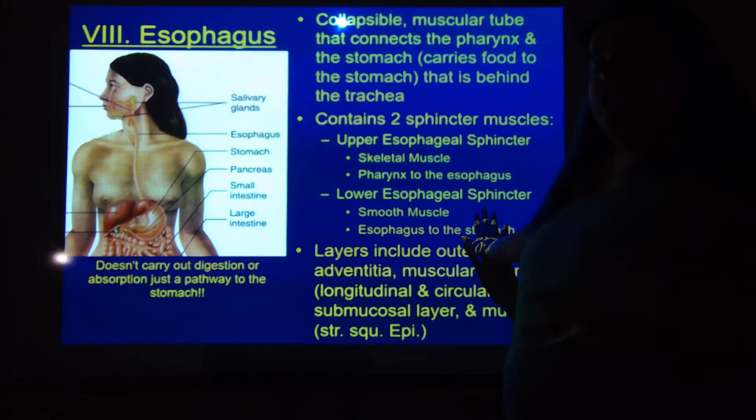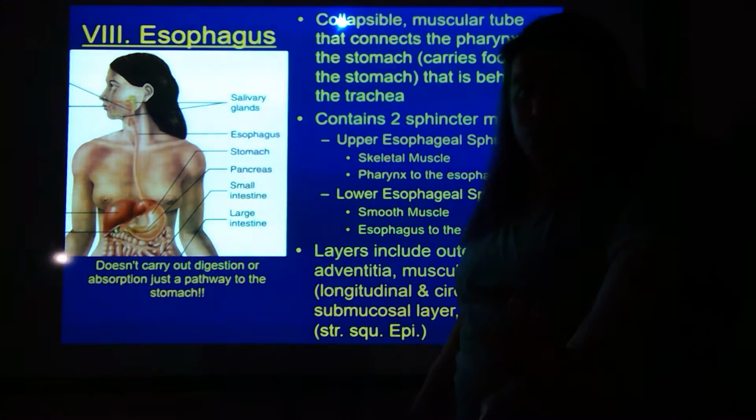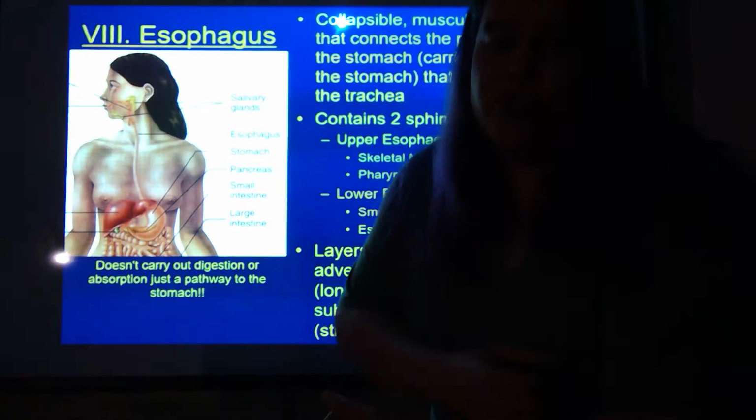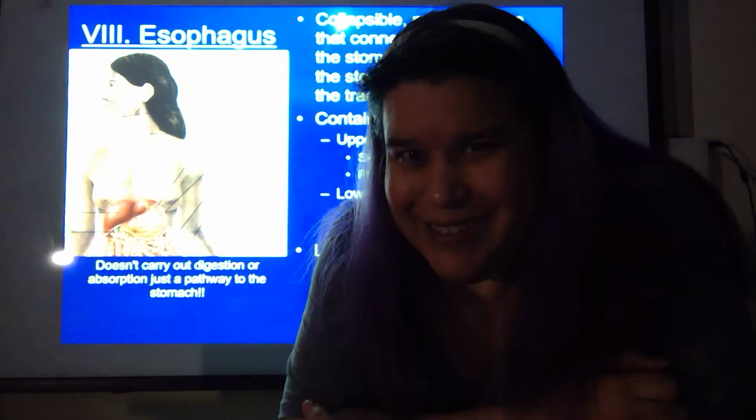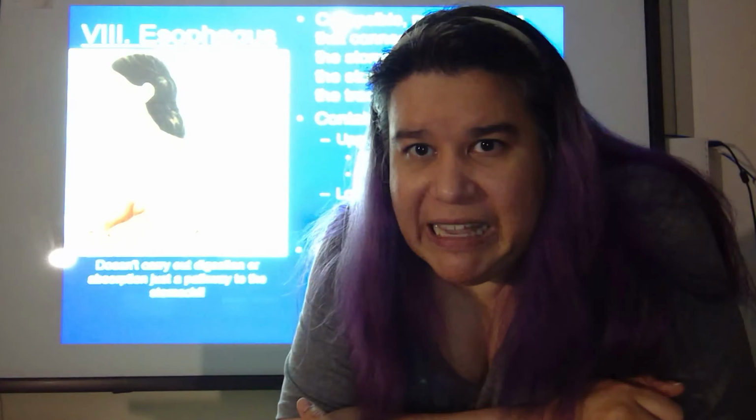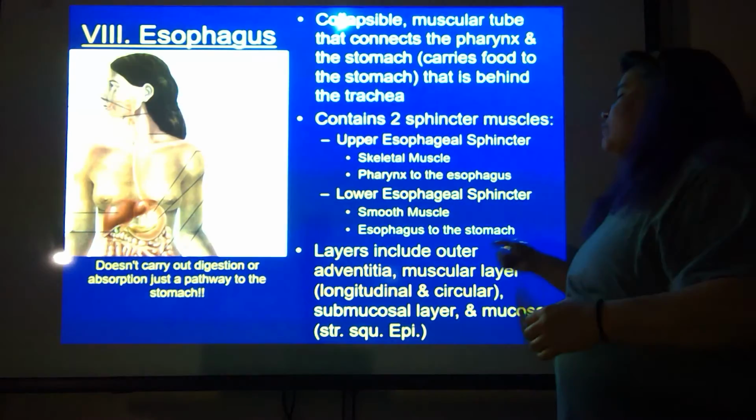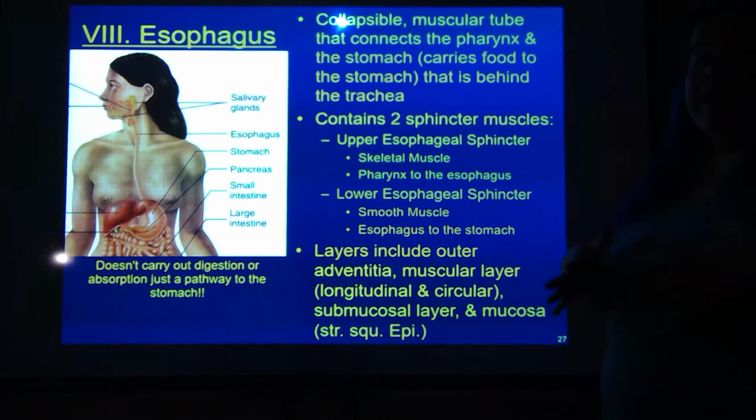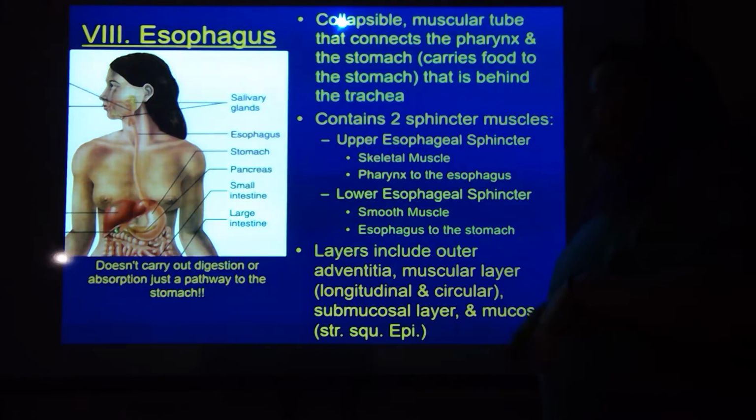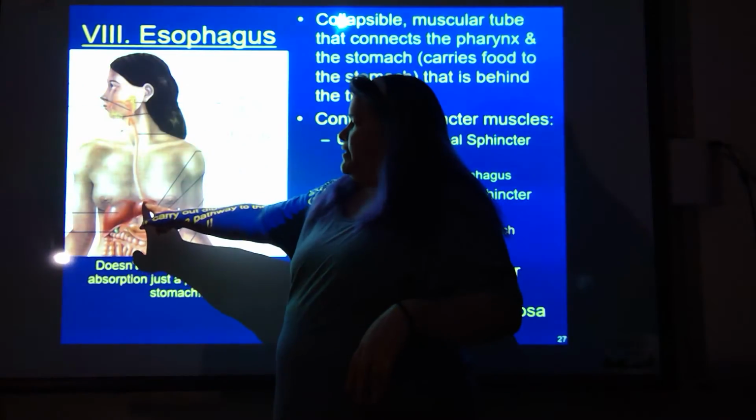Then you've got the lower esophageal sphincter. This is made out of smooth muscle. You do not control this muscle, okay? You have no control over smooth muscle. I will say it until the day I die. If I had control over smooth muscle, I would be a lot thinner. Just saying. Okay, so the second sphincter, the lower esophageal sphincter, is going to control movement from my esophagus into